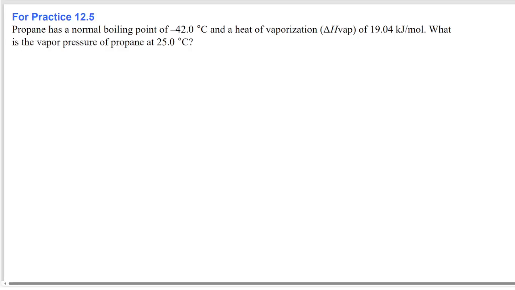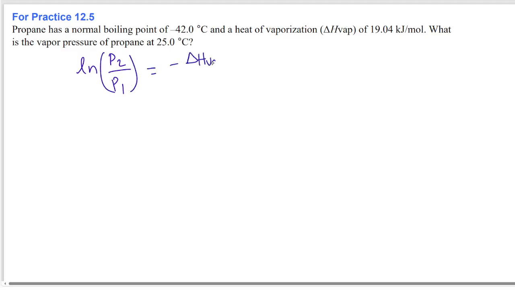For practice 12.5, propane has a normal boiling point of negative 42.0 degrees C and a heat of vaporization of 19.04 kilojoules per mole. What is the vapor pressure of propane at 25 degrees C? Well, we know the 2.4 form of the Clausius Clapeyron equation is ln of P2 over P1 is equal to